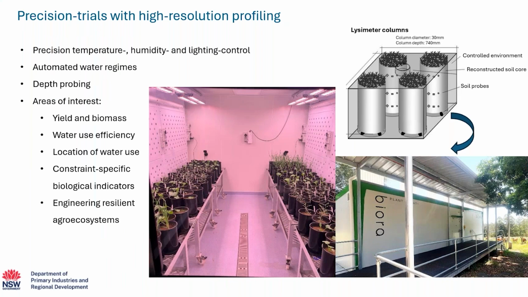Our current priority is to identify biological indicators of success for overcoming various soil constraints, including soil dispersiveness, sodicity, acidity, as well as hard-setting soils. This system enables the isolation of constraint effects without confounding factors, the quantification of depth-specific water uptake, rapid amendment screening before field trial deployment, validation of microbial indicators against plant performance metrics, and the characterization of the mechanisms through which our amendments overcome these constraints.